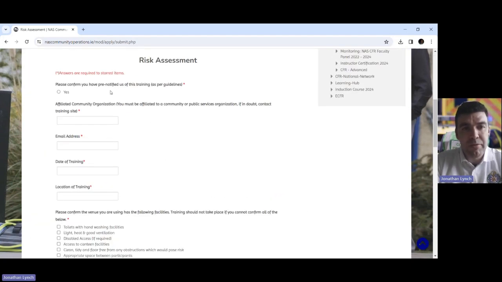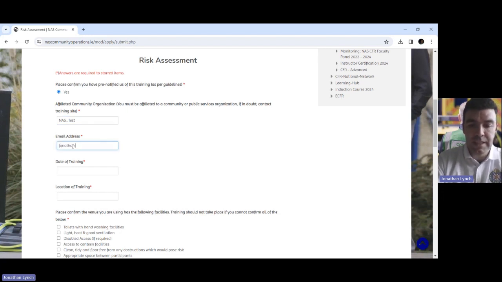We're going down, and again, we're filling in some information. So this, have you confirmed that you've told us about the training? As per the previous one, affiliated community organization. We'll put in NAS test, email address, put in my own. And again, if anybody has any queries or anything like that about any of this, you can send me an email. Date of training, so we said already the 5th of the 5th, 2024. We'll correct this. We'll actually go 5th of the 4th,